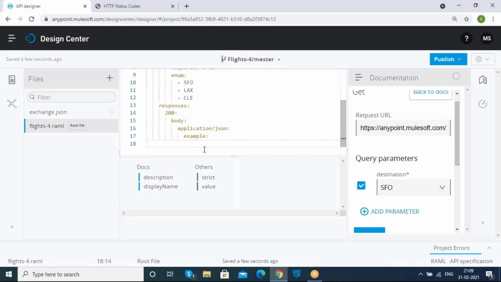That means the responses I need to configure in the JSON format, right? Here the JSON format starts with curly braces and ends with curly braces. In a JSON format, we have an input field and output response, both separated by a colon symbol. If you want to add extra fields, you can add them.